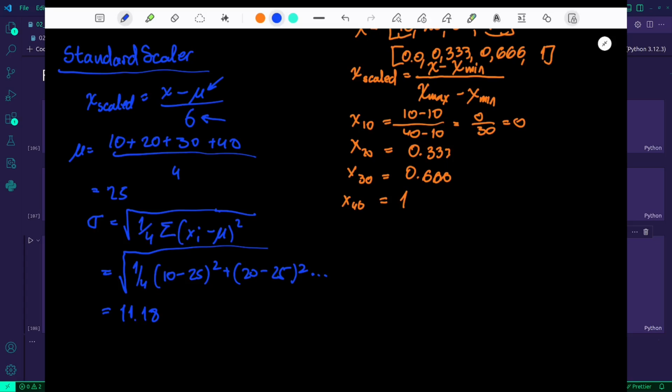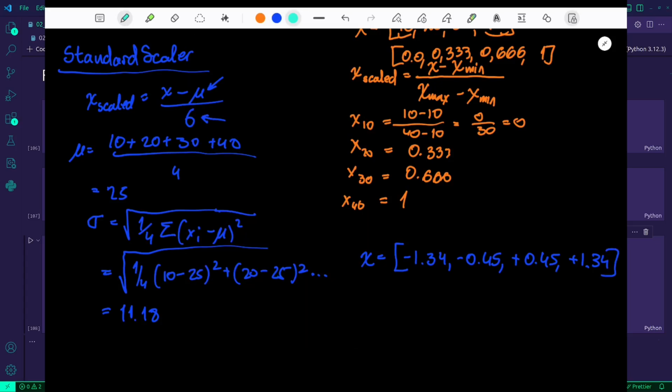And we can now scale each of these values. If we plug these values into this formula, we get minus 1.34, minus 0.5, plus 0.5, and plus 1.34.